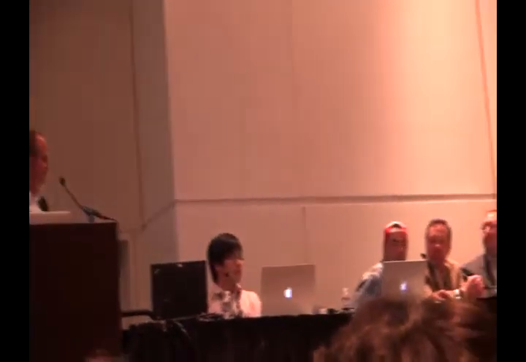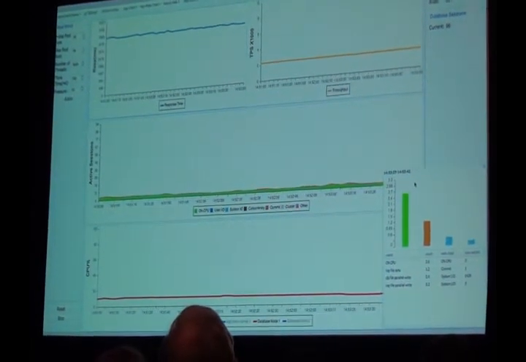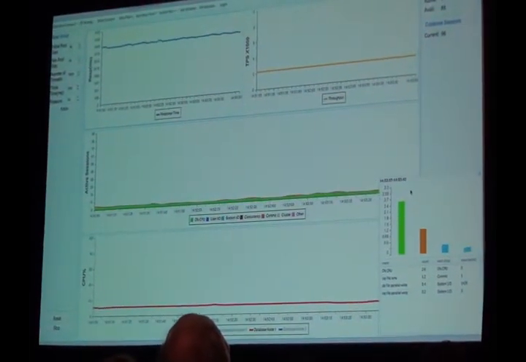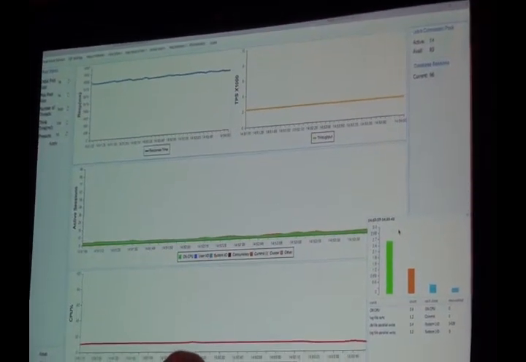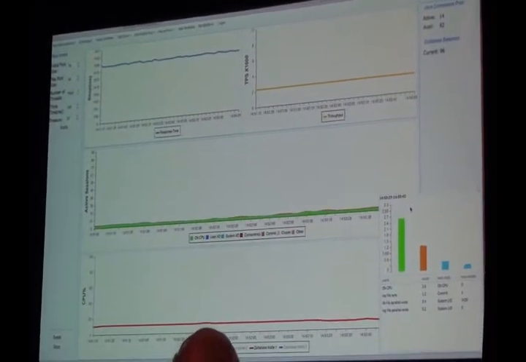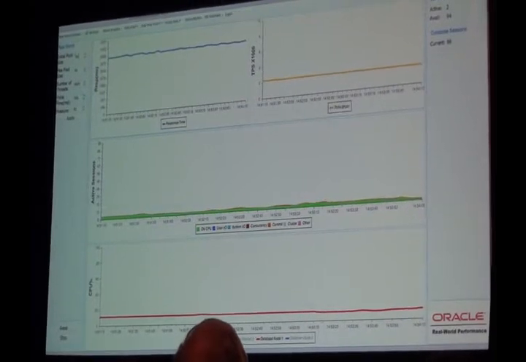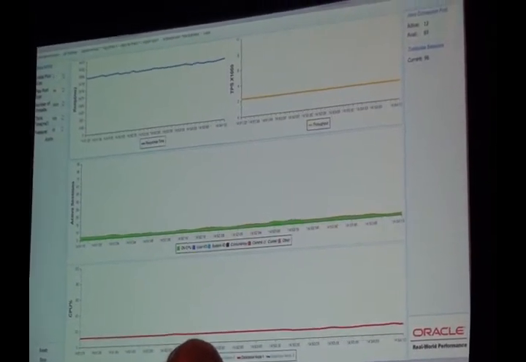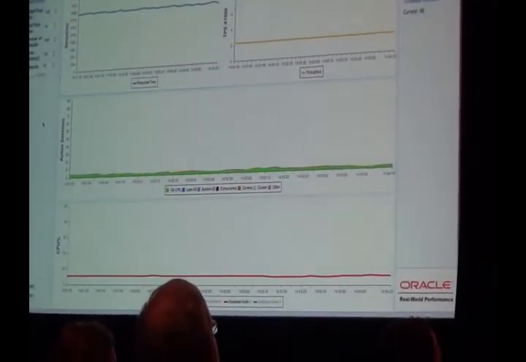Well, if you take a look at the wait events on the graph there, we can see that we're using some CPU, but we're not using much CPU. So maybe we should just throw more users at it, and that will improve the response time. Would you like to try that? Yeah, that's a fantastic idea. Now, we've been having this discussion for months on this system, and we'll see what happens.